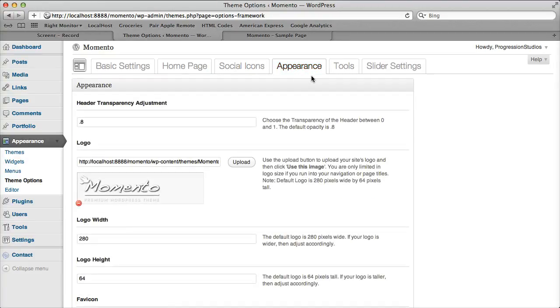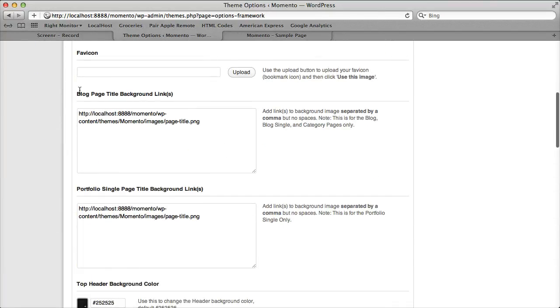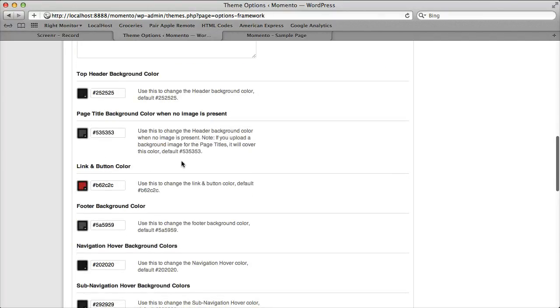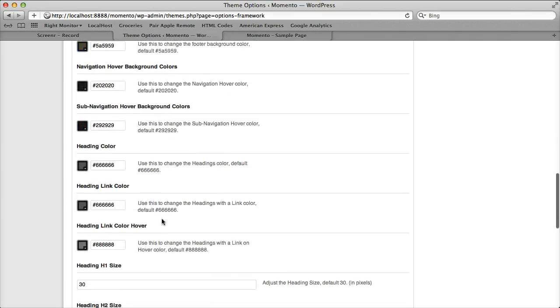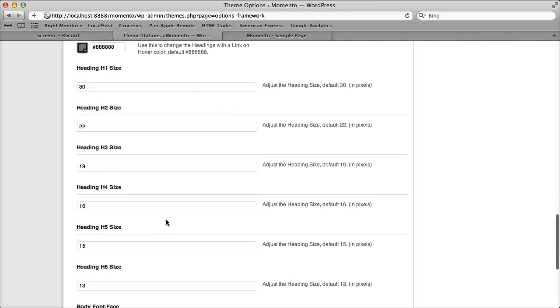Appearance. This one we're going to hit on, it'll get its own screencast because there's a ton of stuff in there. But it gets everything from your logo to your blog title background image, your portfolio title background image, to pretty much a whole ton of colors. And you'll just need to look up the color, basically which section you want to adjust. And then heading sizes,